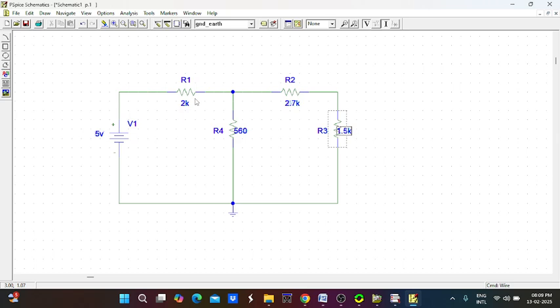Now we have to find what is the voltage drop across this particular resistor and what are the different currents flowing through this resistor. So this example is for KVL and KCL laws. So for this you have to save first. So by clicking the save